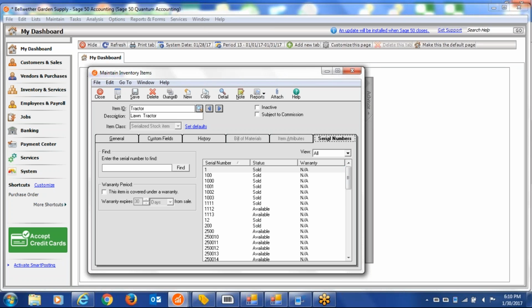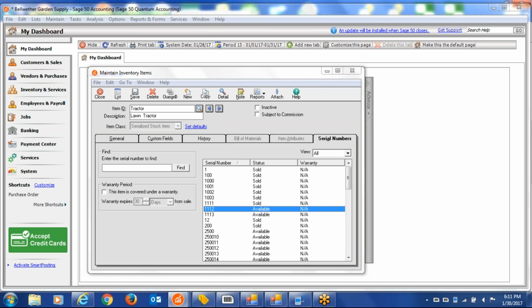I've sold. And if I want, I can use this little view to show me things that I've either sold or that I've bought. And if you look down this list, I know my screen's kind of blinking at us a little bit here, but you'll see that serial number 1111 has been sold. So I can't use it on a sales invoice because it's not available. However, serial number 1112 and 1113 are both available serial numbers for me to pick up on a sales